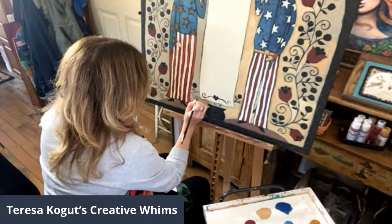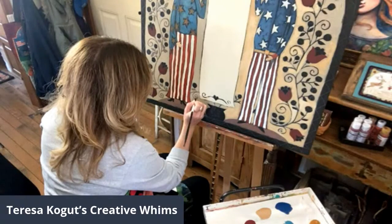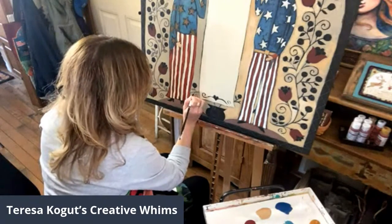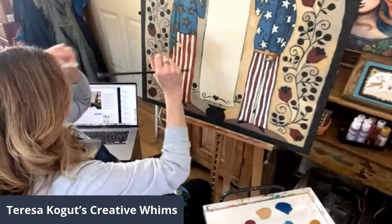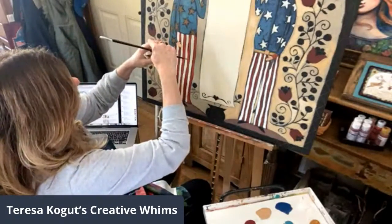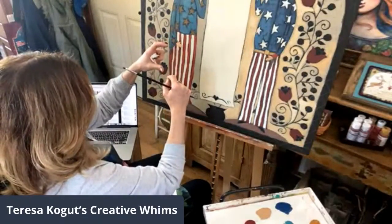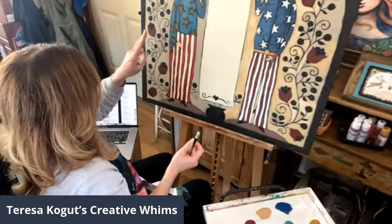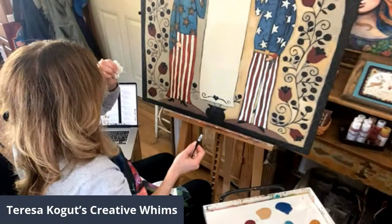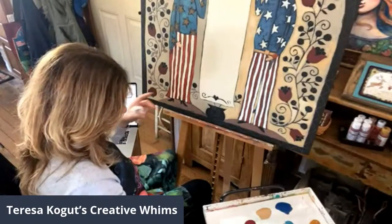You know those ornaments I released, they're only available right now as punch needle. There's one that is a house, and then it's a square, and then it goes like a triangle on top and a triangle on bottom, and they're ornaments. One is a Santa, one is a house, one is a snowman. I don't remember what the fourth one is. What's the fourth one? Anyways,